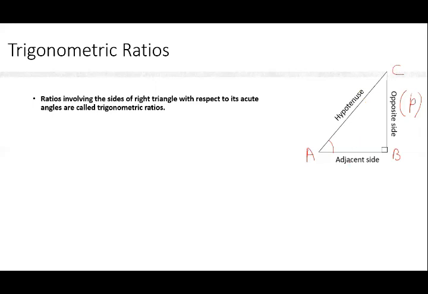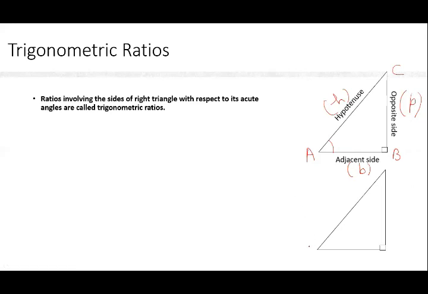And we use the word base, that is B, to denote the adjacent side. And we all know that hypotenuse is denoted by H. Fine. So instead of opposite side or adjacent side, we can also write P and B. So always remember that the side which is just opposite to the acute angle, which you are just going to consider, is known as the opposite side, and the side which is containing that angle is known as the adjacent side. Suppose we are going to mark the sides with respect to the acute angle C.